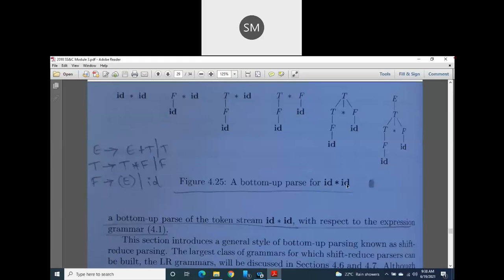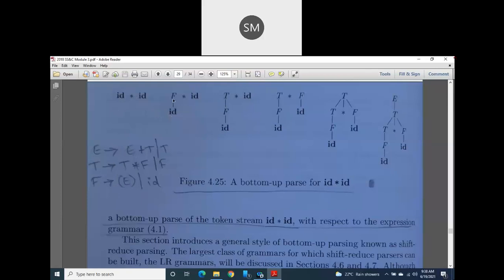Okay, that is nothing but, suppose your executable statement is like multiplication is equal to a into b. Here I am taking only the RHS side, that is a into b, that is id into id. For this input string of your program, as per this grammar, you just focus on my mouse pointer. For this input, according to this grammar, you have to draw the parse tree. So start from a leaf node id star id and you reduce this id to F.